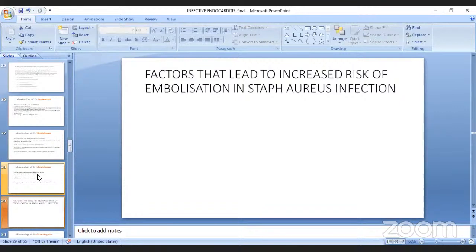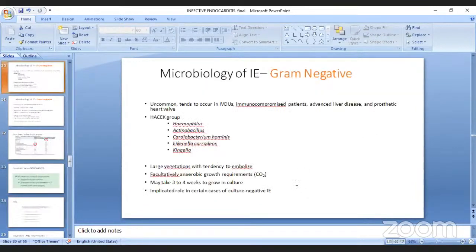There are only 2 points for that. The first point is that there will be a more than 10 mm thrombus, and it will be oscillating. And the second thing is location. The location will be in the anterior leaflet of the mitral valve. I'm again repeating it, it's very important. If you find a more than 10 mm oscillating vegetation in the anterior leaflet of the mitral valve, then there is a very high chance, almost 80 to 90%, that it will lead to embolization. A lot of times asked by the examiners also,